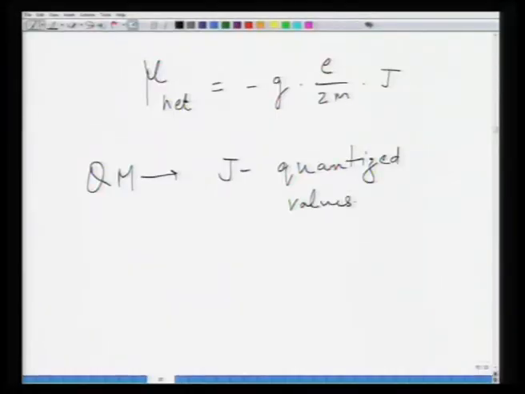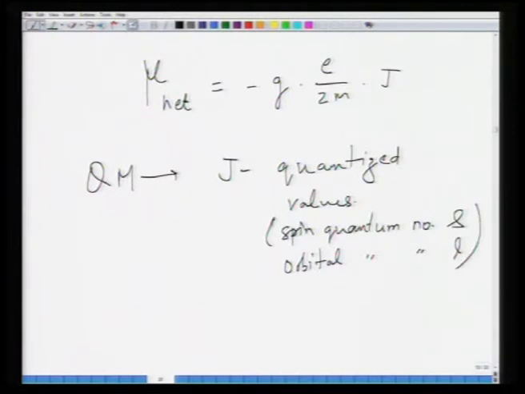And these quantized values are defined by your spin quantum number, which is S, and orbital quantum number, which is L. So the magnitude of J is going to be determined by whether it's spin dominated or orbital dominated. But the whole point is, according to quantum mechanics, this J has to be quantized,